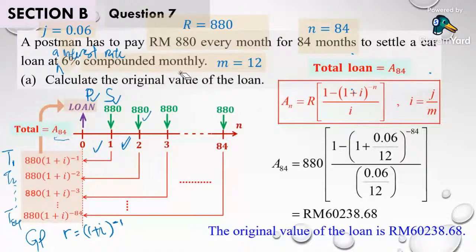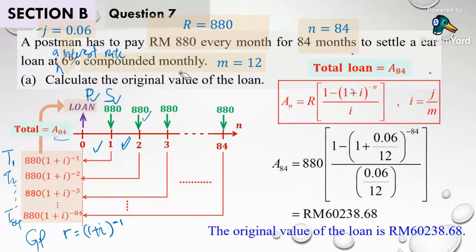By the way, for the timeline, there are no marks allocated. But I just hope that it will somehow give you a better idea why we use AN to solve the questions. This is the concept, the idea going on. It is derived from compound interest, and then we sum up whatever future value or present value of the compound interest. Then we derive the corresponding annuity formula.